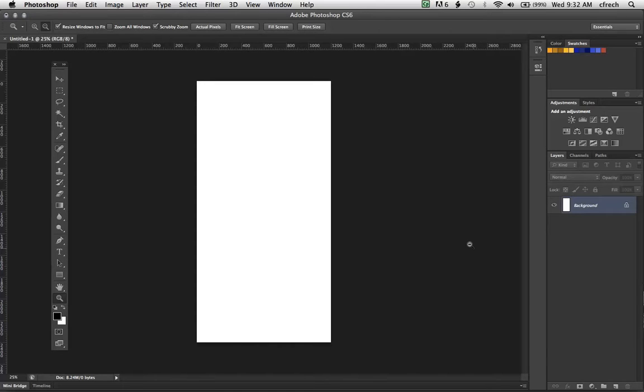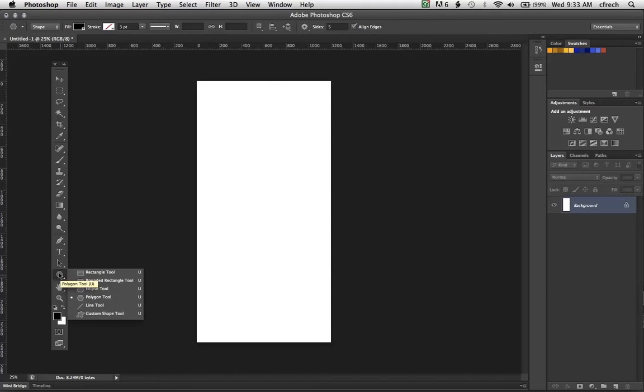So we're going to click the rectangle tool icon in the toolbar, or we can tap the U key on our keyboards to select the rectangle tool. Remember, if you've used a different shape recently, that shape is going to be active in the tool set. For example, I can come over to the polygon tool. And if I'm on something else and I tap U, it's going to select the polygon tool, but not the rectangle tool. So I need to click, hold down the mouse or trackpad, and then go over to rectangle tool